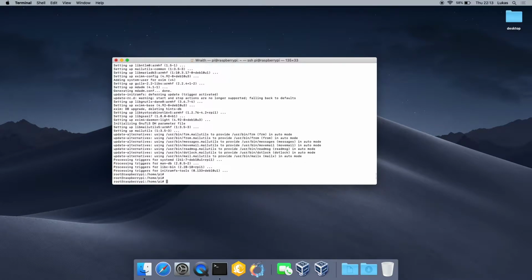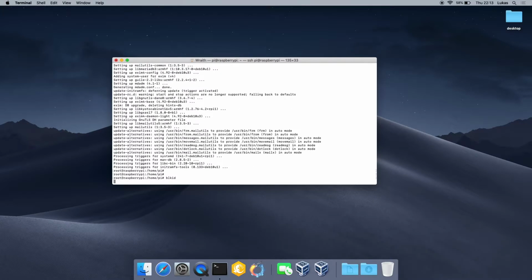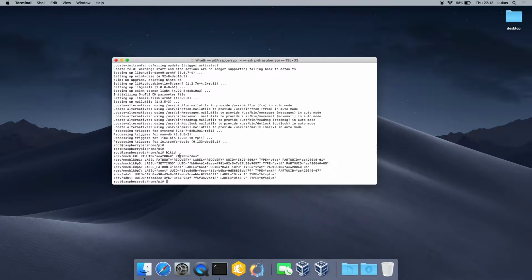Let's check our block ID. So blkid, and what is interesting is our disk. I have disk 1 and disk 2 labels. Each one has 16 gigabytes. We would like to create a software RAID, so it's mdadm